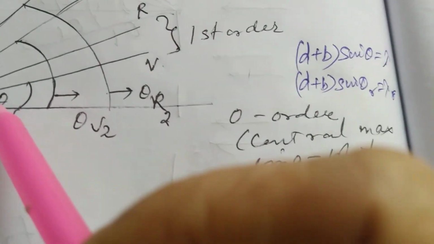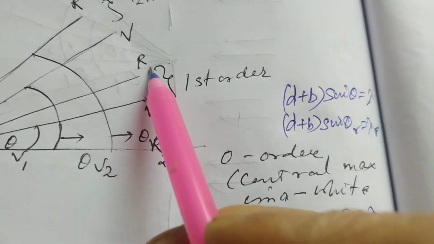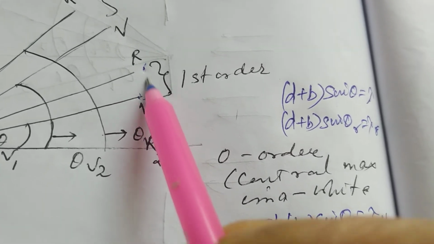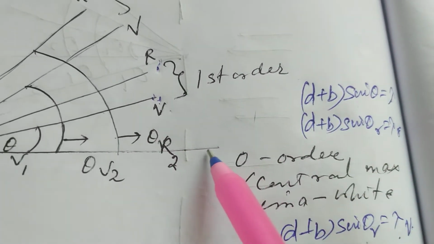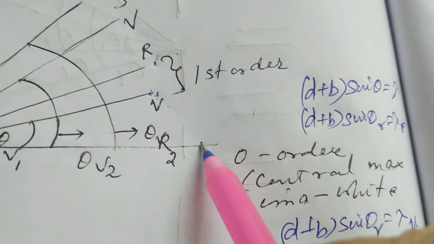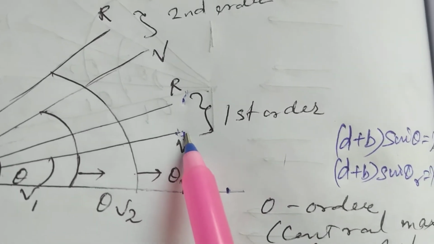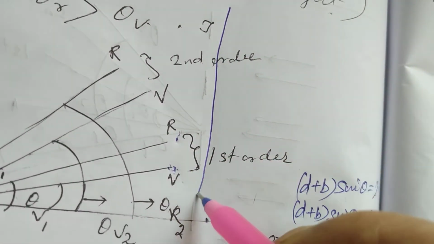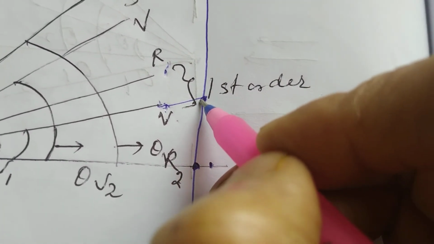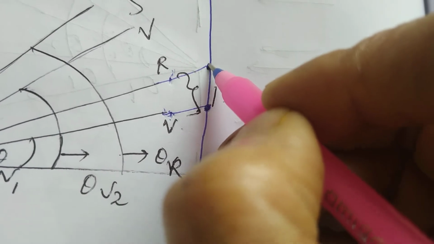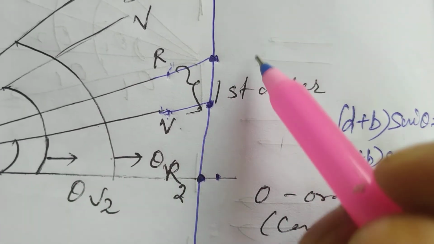So when I see the first order maxima, if the violet light is made here, the red light will be made here. So the maxima will be at different points for different rays. That is called dispersion. At the center I will get all the rays, the 0th order maxima, at the same point, but for the first order maxima, if I have the screen here, the central maxima white will be here, the violet ray will meet here in first order maxima, and the red rays will be at a different point. So that is dispersion. That means I am separating the light.